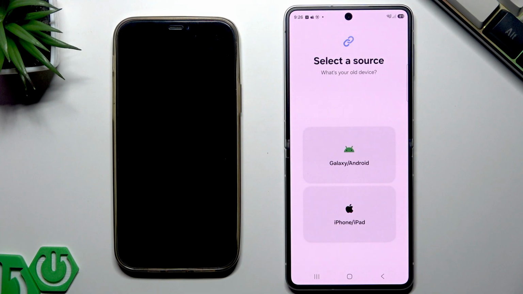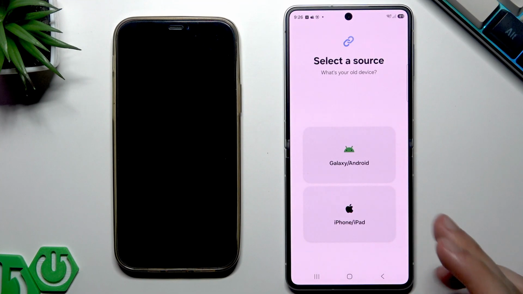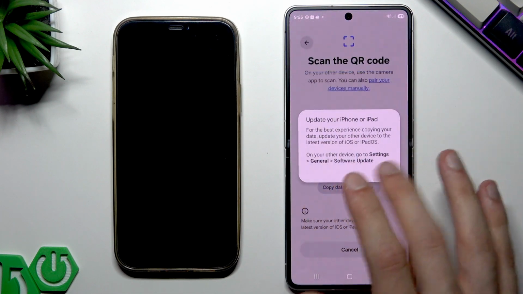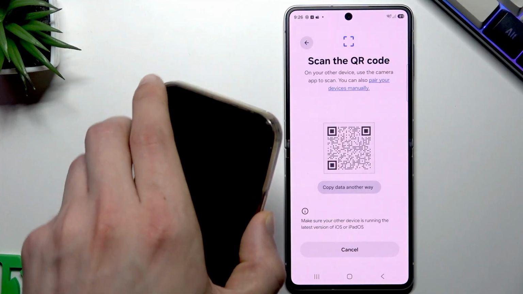Then we're going to have to select a source, so the source can be either another Galaxy or another Android device, or iPhone or an iPad. In any case, after you select one of these two options, you will see the QR code on your Samsung screen, which will lead you to either some native settings of your other device or to the Google Play Store or an App Store page with the Smart Switch application that you're going to have to install in order to